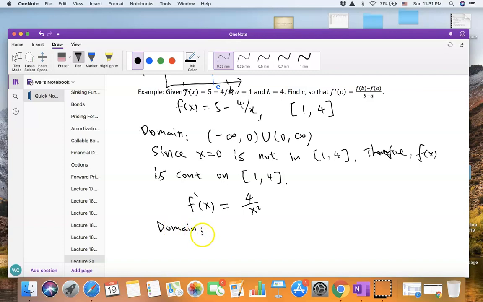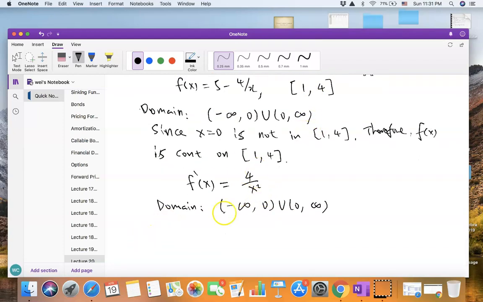This time we want to consider what is the domain of this derivative function. The domain of this derivative function is everything except 0. And because 0 is not contained in the interval from 1 to 4,